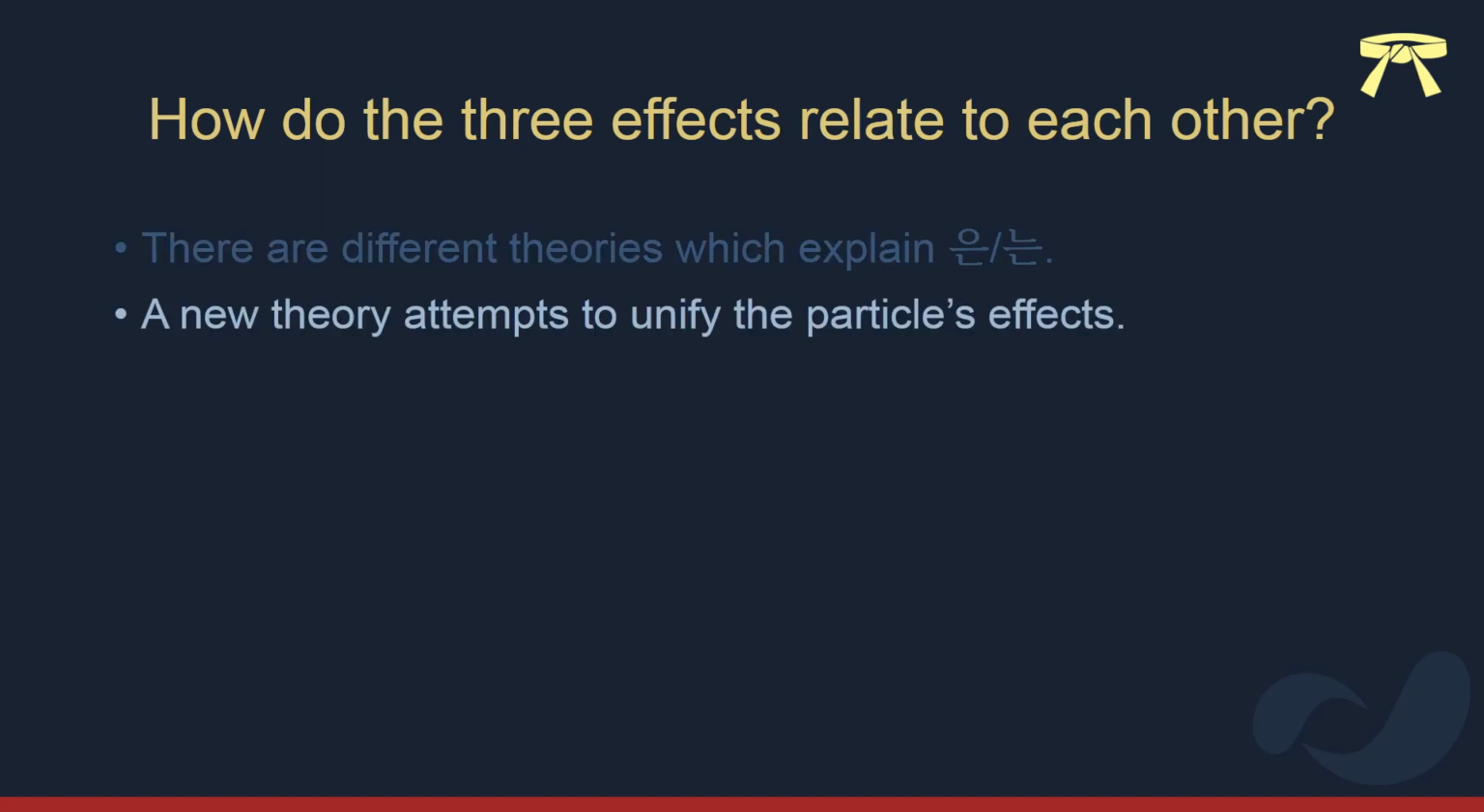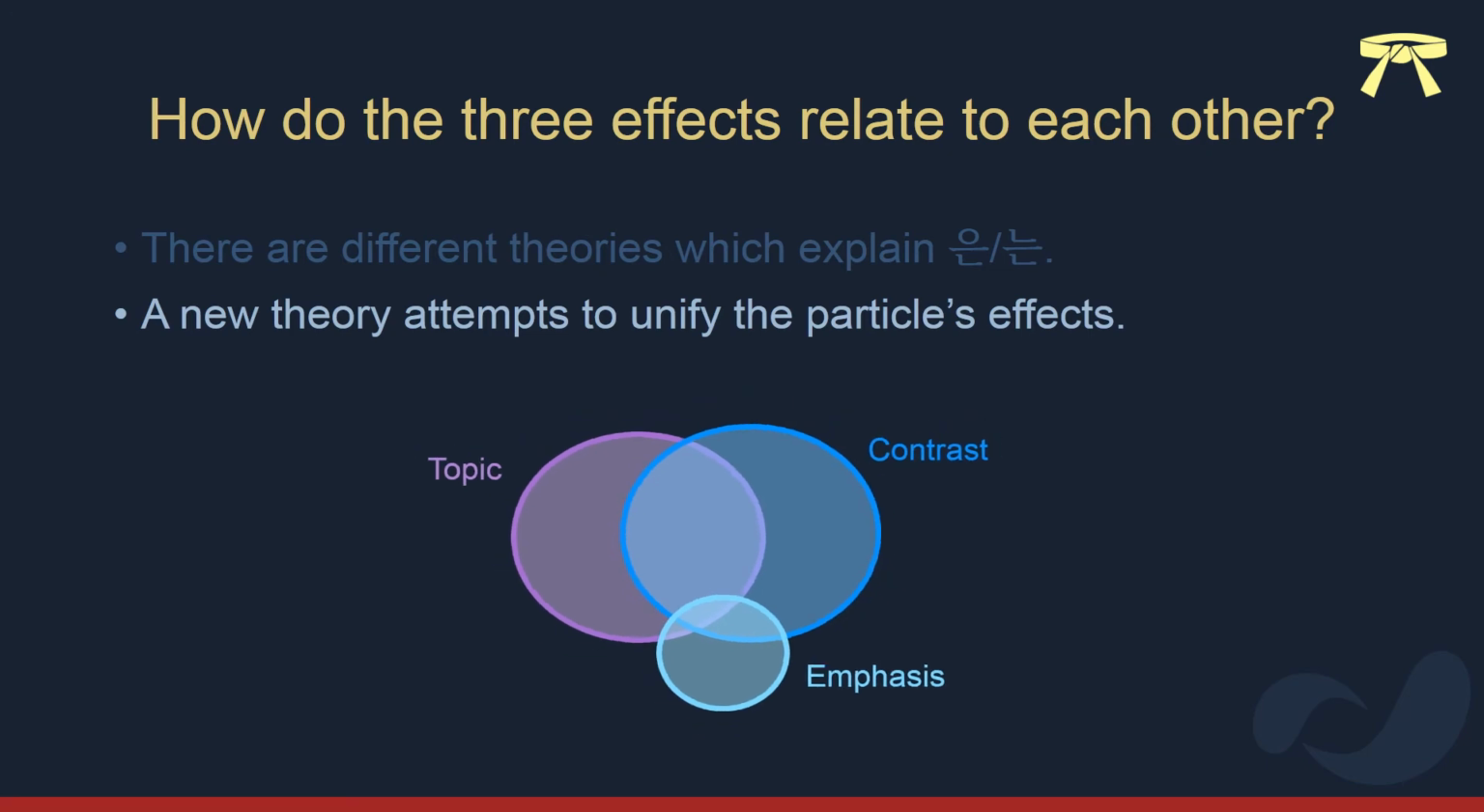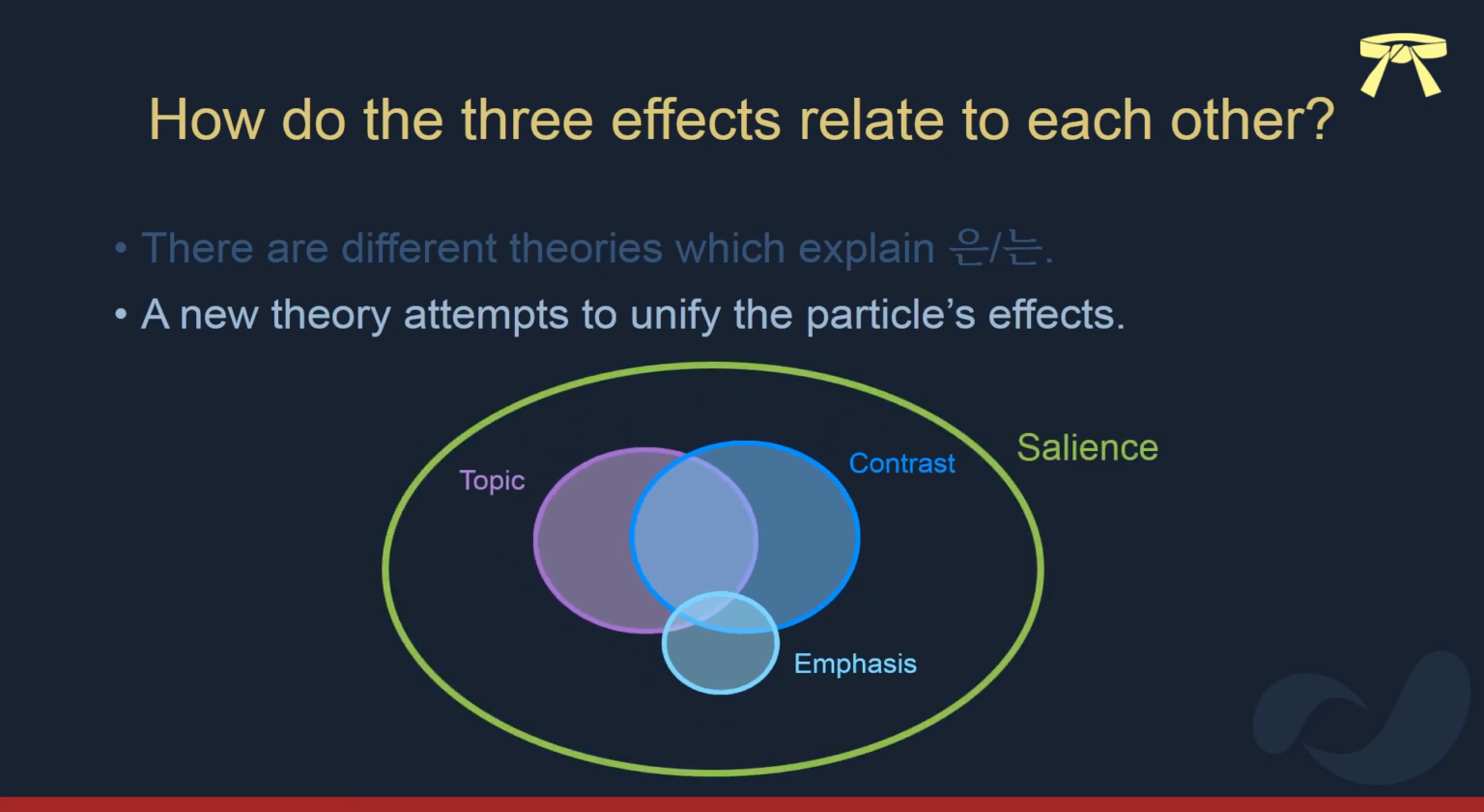A new theory attempts to explain this particle by unifying all the particle's effects. That is, topic, contrast, and emphasis are derived effects from some ultimate function. The theory says that nun is in essence a salience particle, whereby speakers use nun to impose salience to something. You can think of salience as making one piece of information prominent such that the listener can notice it over other pieces of information. Or you can think of it like this: speakers use nun to draw the listener's attention